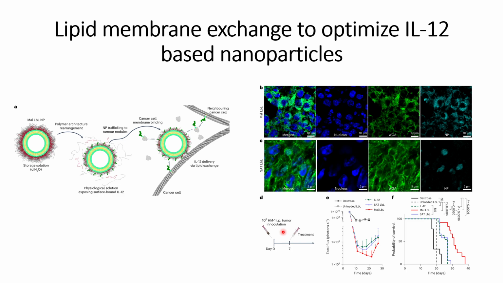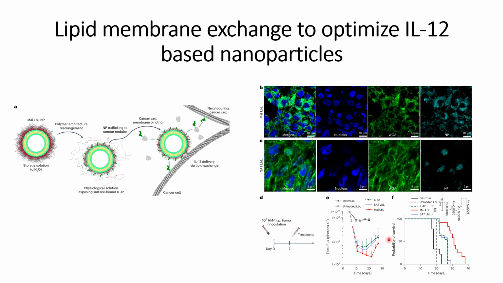They also use a control that does not have IL-2, and the result shows that the controls, or unloaded LBL, do not have any impact on the tumors as expected, and for all other cases they are able to see a drop in the tumor bioluminescence. However, the reoccurrence of the tumors occurs soon. Reoccurrence of the tumors occurs in all the cases, except there is a delay in reoccurrence for this Mal-lbl case,